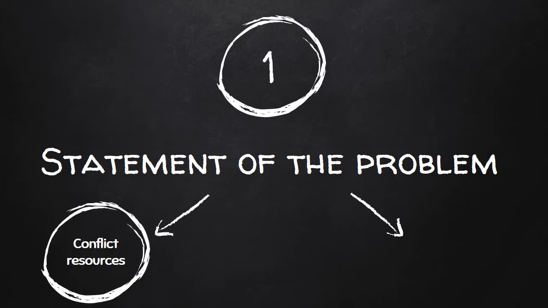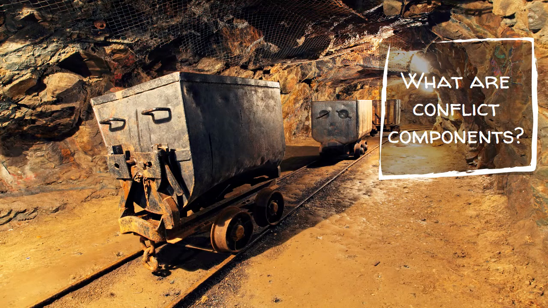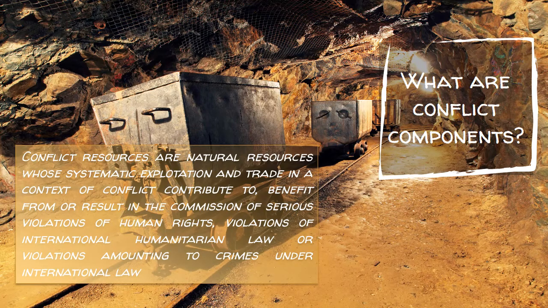Conflict resources can be defined as natural resources extracted in a conflict zone and sold to perpetuate the fighting. So, what are conflict components? Global Witness, a non-governmental organization, gives us the following definition. Conflict resources are natural resources whose systematic exploitation and trade in a context of conflict contribute to, benefit from or result in the commission of serious violations of human rights, violations of international humanitarian law or violations amounting to crimes